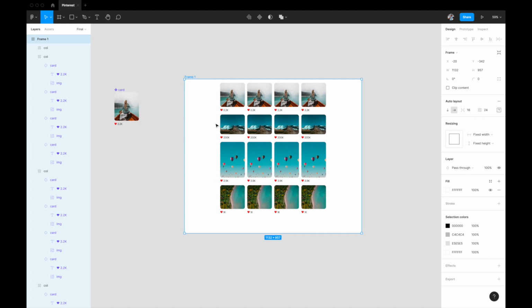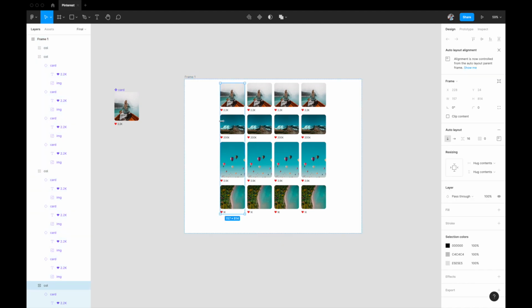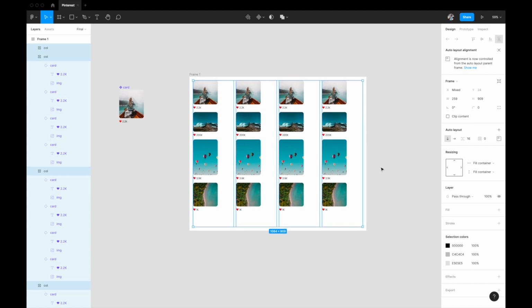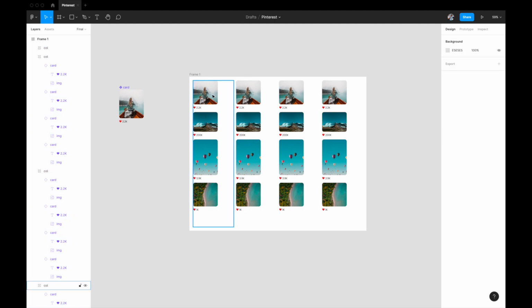So what I'm going to do now is, as we did for the card and the image, we have to tell auto layout that, hey, these elements are stretchable. So we'll select the elements of this bigger frame, which are these columns, and we'll come here and you see it's set to hug content. We'll change it to fill container in both directions. So as soon as I hit fill container, the child frames, which are these columns, are now taking up the whole space of the auto layout and also maintaining these constraints. But if you see, the inside elements are not expanding. The frames of the columns are expanding to fill the space.